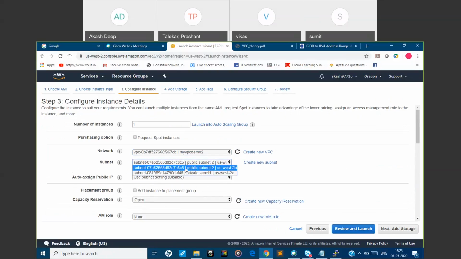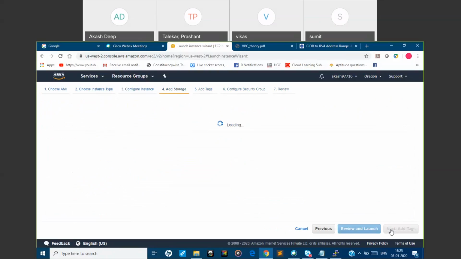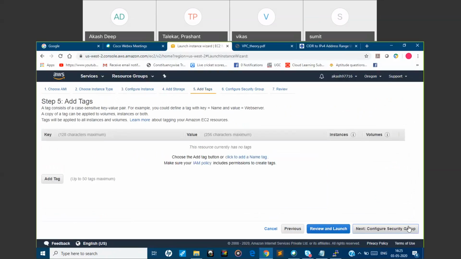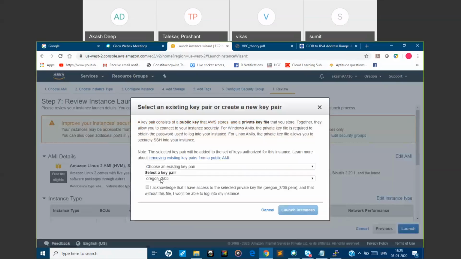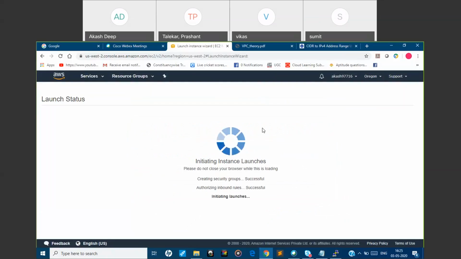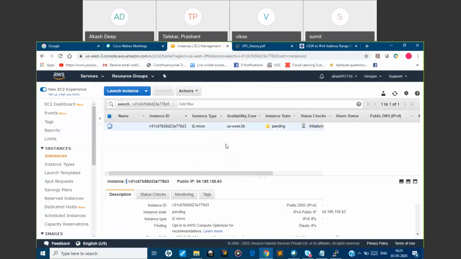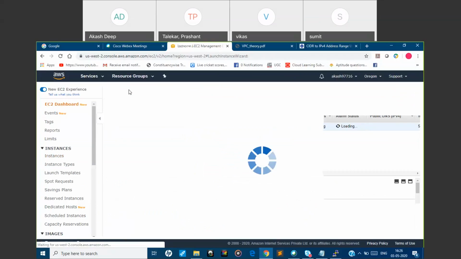We'll first launch in the public one. Click on enable, storage, tags, security groups. We'll associate the public and private key. We'll launch it now. So it got launched in the public subnet, right? We had launched our EC2 instance in the public subnetwork, and we will try to differentiate it. Public, right? Now we'll do the same thing for the private one.